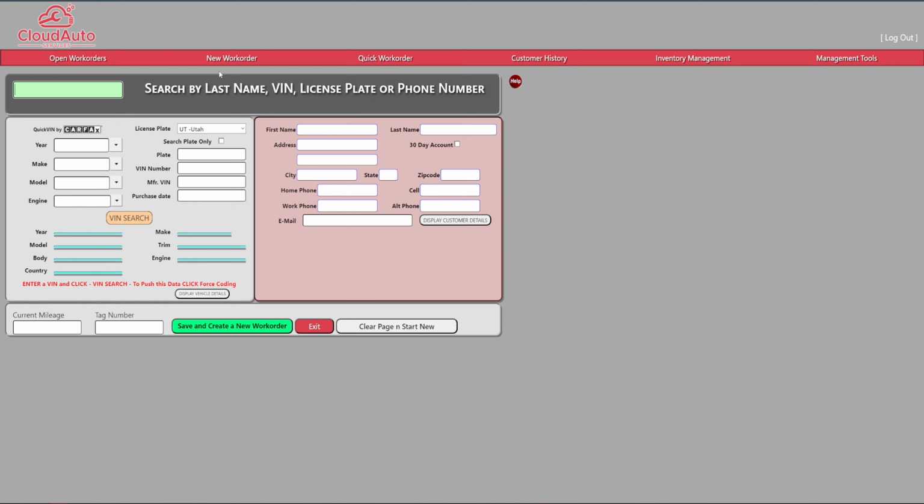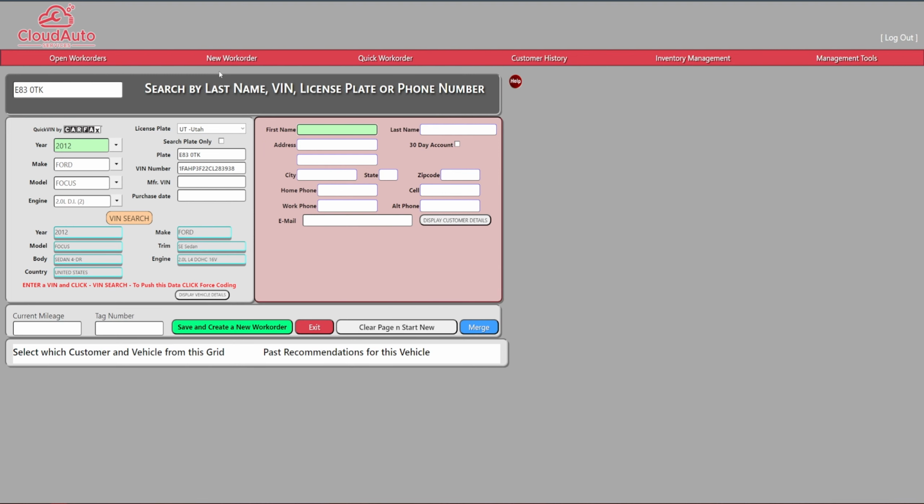at another location. If you have a new customer, you can either pull up the vehicle via license plate or VIN number. In this example, we will be using a new vehicle that has not entered the shop before. So we will go ahead and enter in the license plate of this vehicle. And as you can see, it automatically populates with the vehicle's information for us, so we don't have to enter